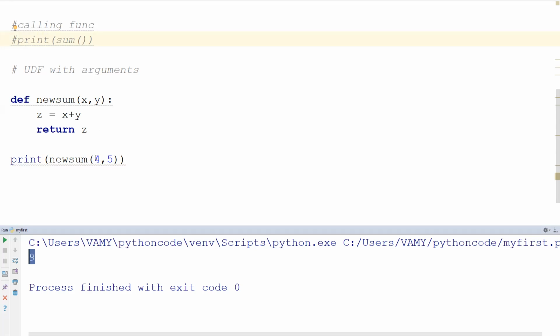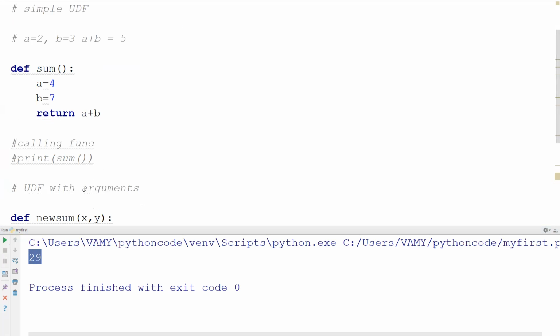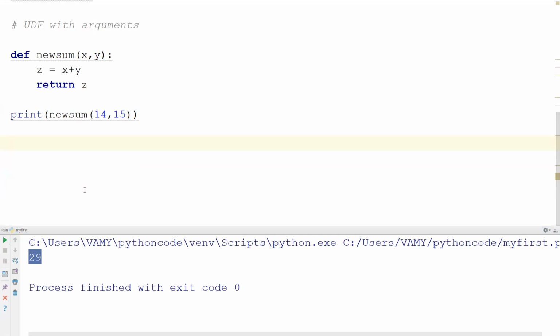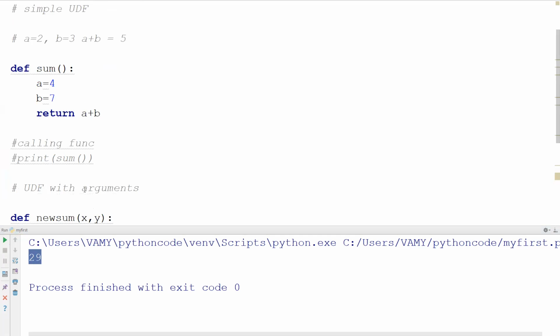Let me change my values to 14 and 15. The x value is 14, the y value is 15. So I am expecting 14 plus 15, 29. Okay, 29. So with arguments and without arguments, in this way I can define my functions. That's all, guys.